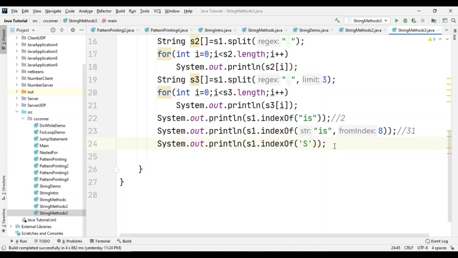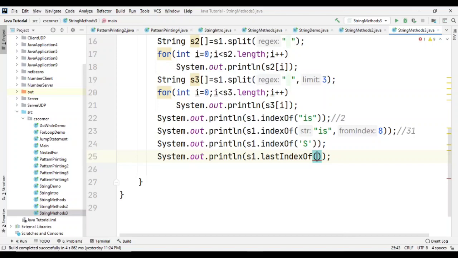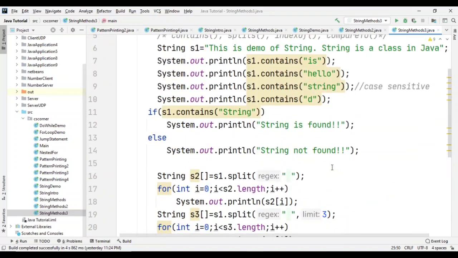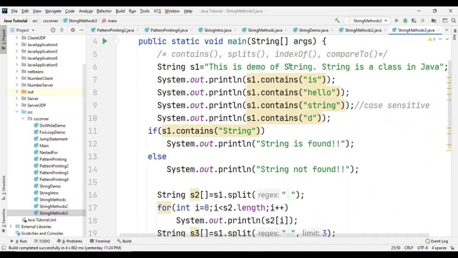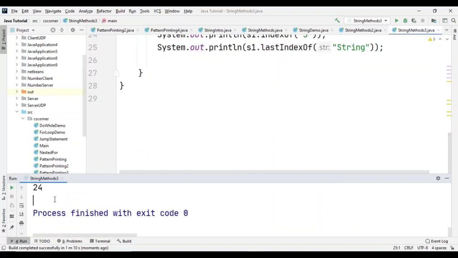Let me show you. I'm writing S1 dot last index of, I'm giving string. Okay, so it is going to find out last index of this word. So I should get position of this string. You can see in output I'm getting index as 24.